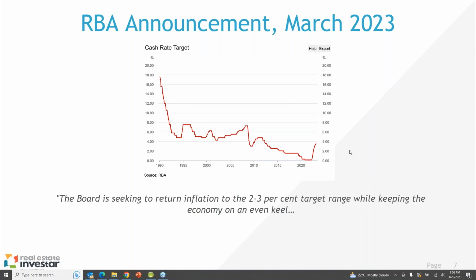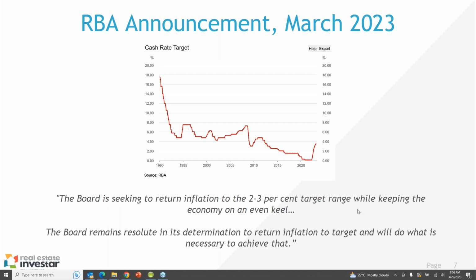And of course, the RBA board is looking to bring that inflation back under control. And I actually just heard a report today, the figures were out, that inflation, I think it dropped around about 2% over the last quarter, which is quite significant. So obviously those higher interest rates and all our mortgages increasing means we all need to tighten our belts and reduce our spending, which is helping bring down that inflation.